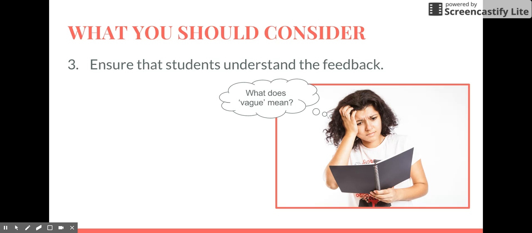So if you see Susie over here and you have your students writing introduction paragraphs, and Susie doesn't seem to have a really clear topic sentence, talk to her about that. And then you see Johnny over here, and he doesn't have a very clear thesis statement. Talk to Johnny about that. You need to make sure that you are differentiating, you're specifying your feedback to students so they can see what those expectations are. And that monitoring will also allow you to do the final piece, which